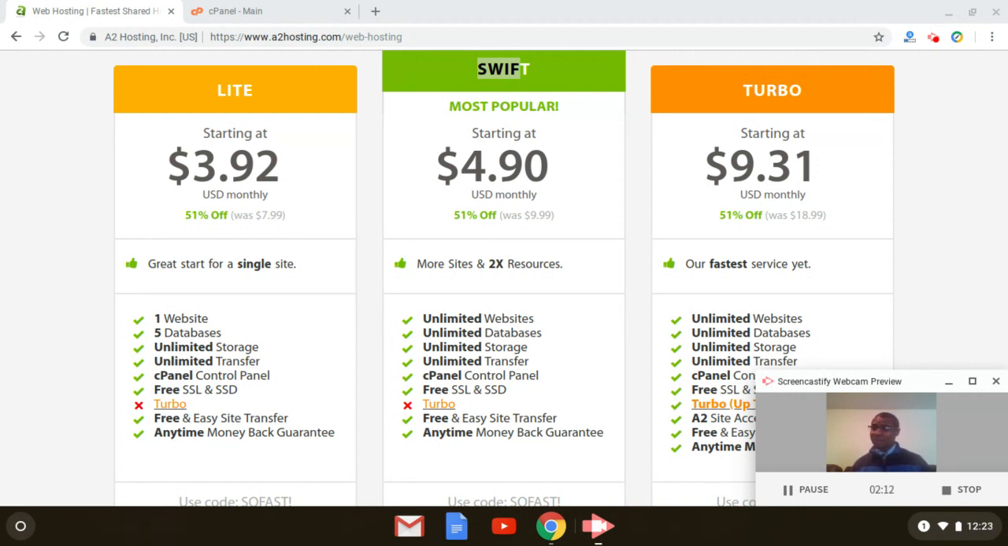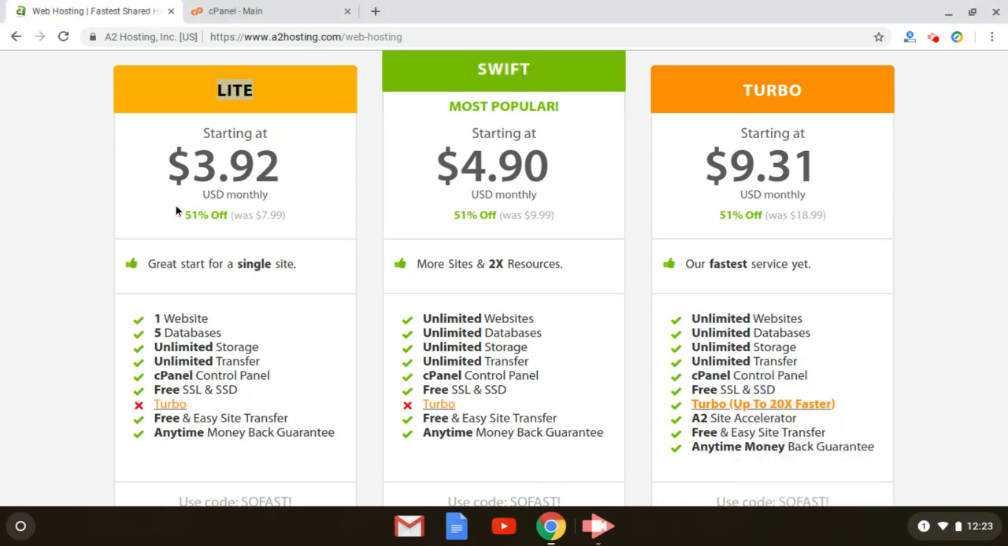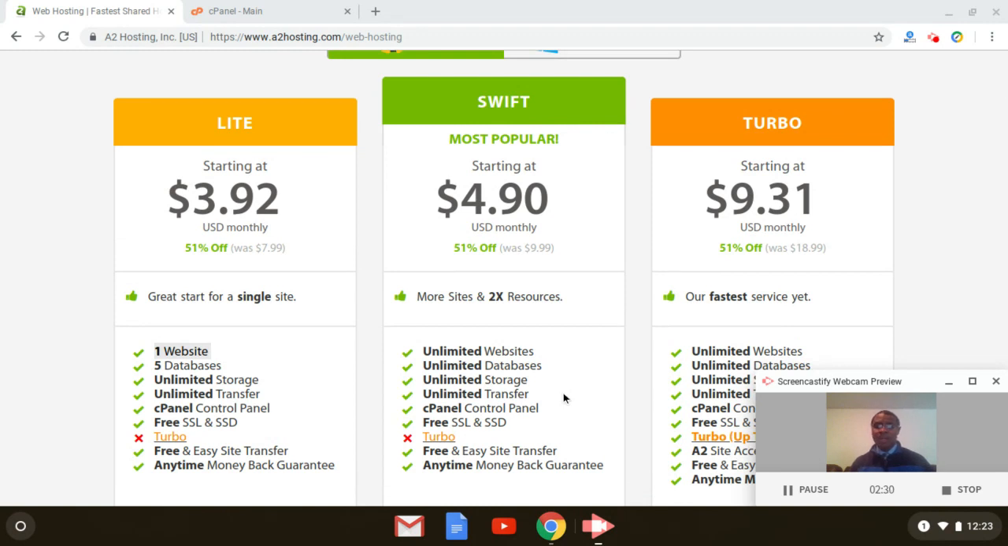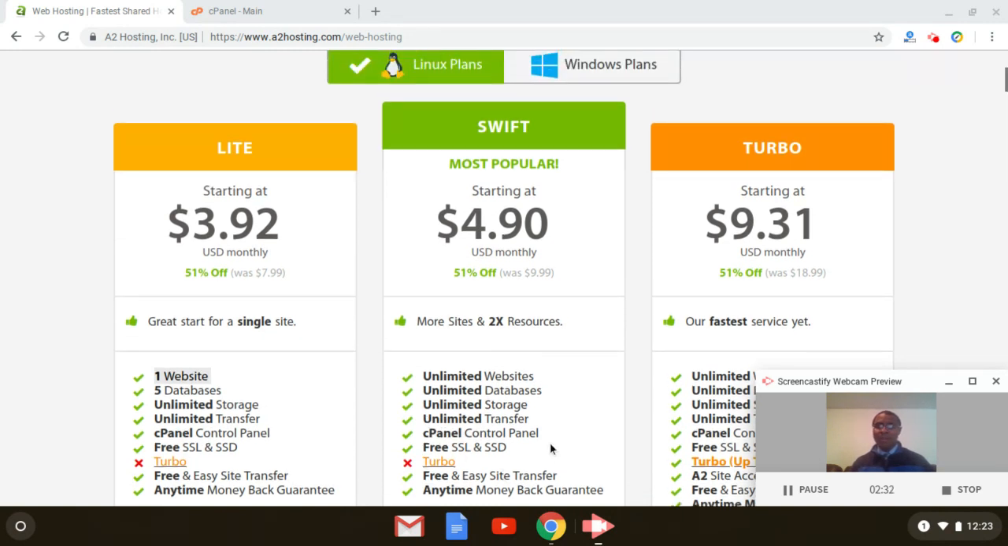If you're not looking to create unlimited websites, I just recommend going with the Lite plan, guys. It allows you to host one website. You do get some unlimited features, but the Lite plan is ideal for entrepreneurs that just need to create one website. But again, going back to the Swift plan itself, I really love this plan because it gives you unlimited